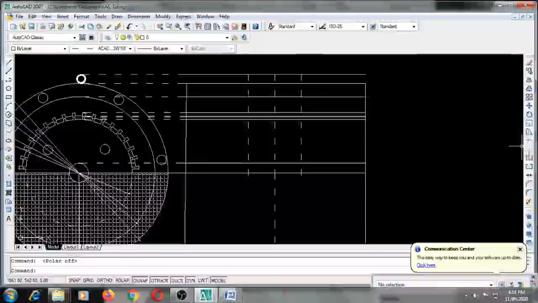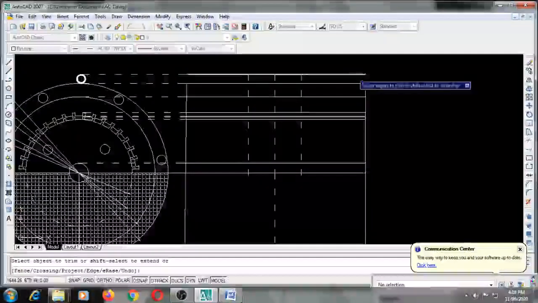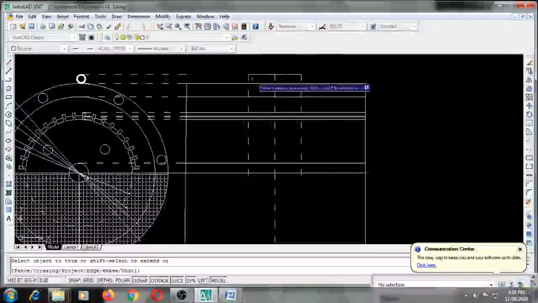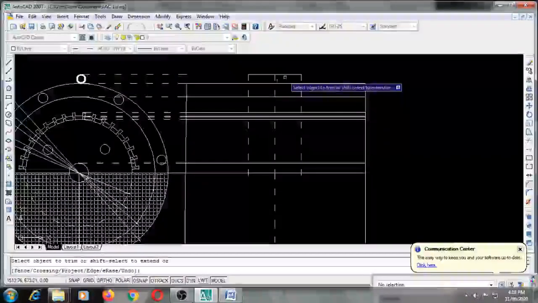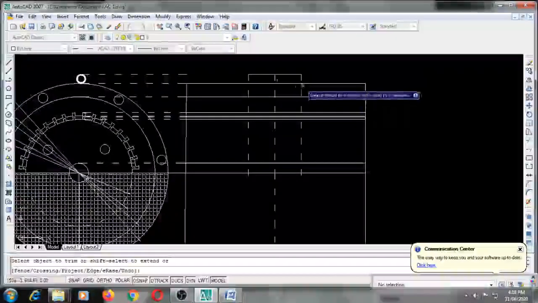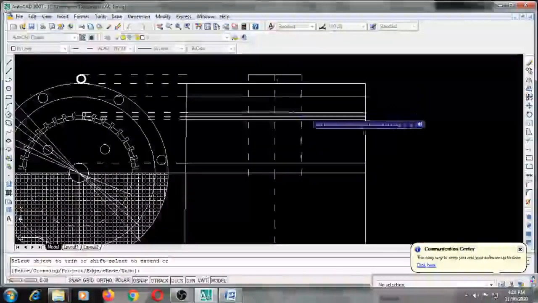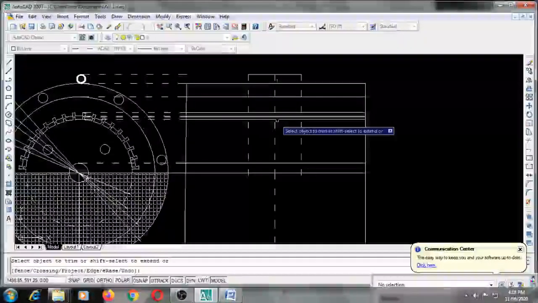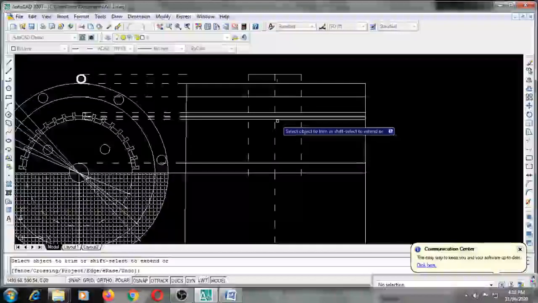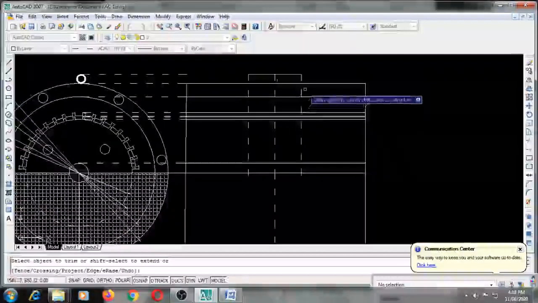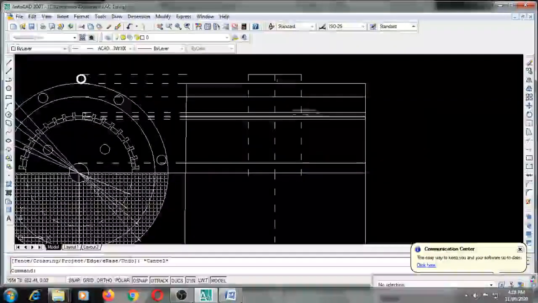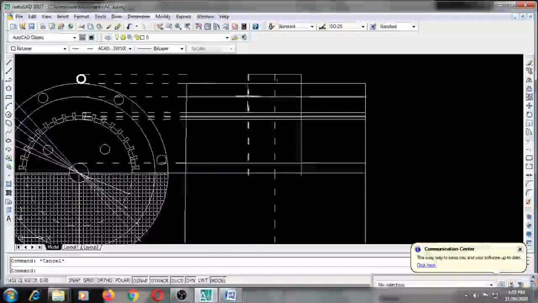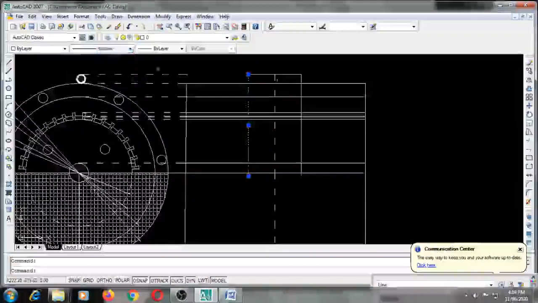So now go to trim and remove these extra lines here. This portion has to be removed, so that here I will get just the eye bolt. Okay, and this is the width where we get the stator rotor core length. So let's see how to show it in this picture. Let's have this line as a solid line. So take it by layer. This one let me take it by layer.